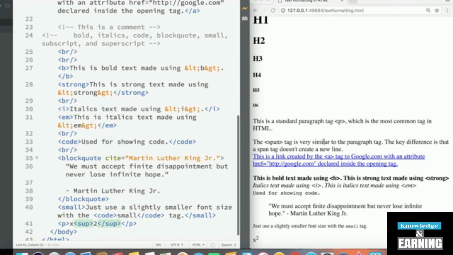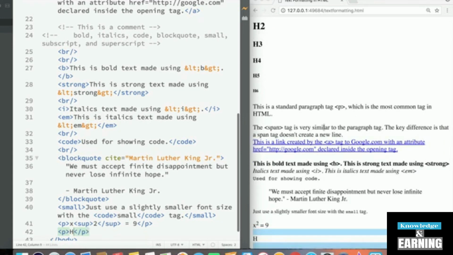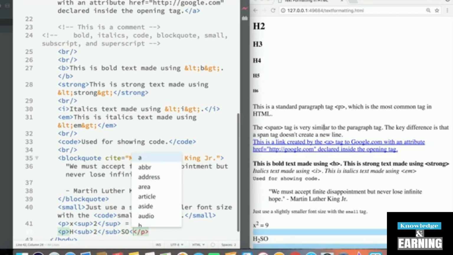X squared equals 9. And then another paragraph tag to show you an example of the subscript. I'll write H and then sub, like a sandwich or a subway, 2 S O, and then sub again, 4